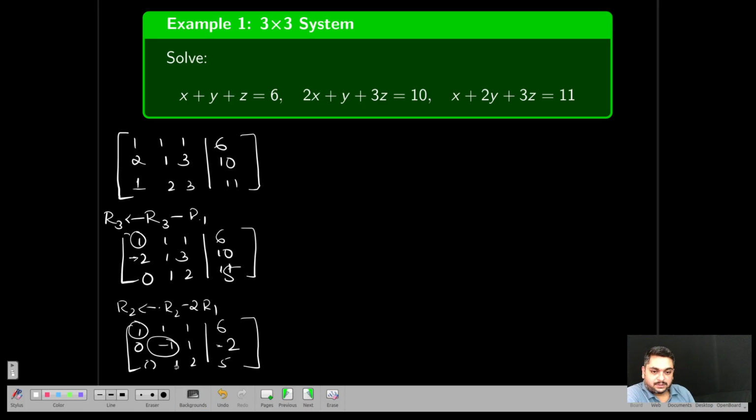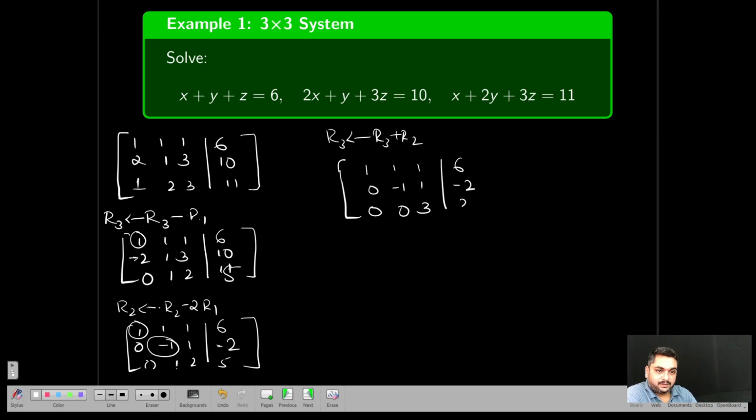How will it become 0? If I add this to this, it may become 0. So R3 is R3 plus R2. This is 1 1 1 6, then 0 minus 1 1 minus 2, and R3 plus R2 gives 0 plus 0 is 0, and this will become 0. Now 3 and then 3. So this is now in